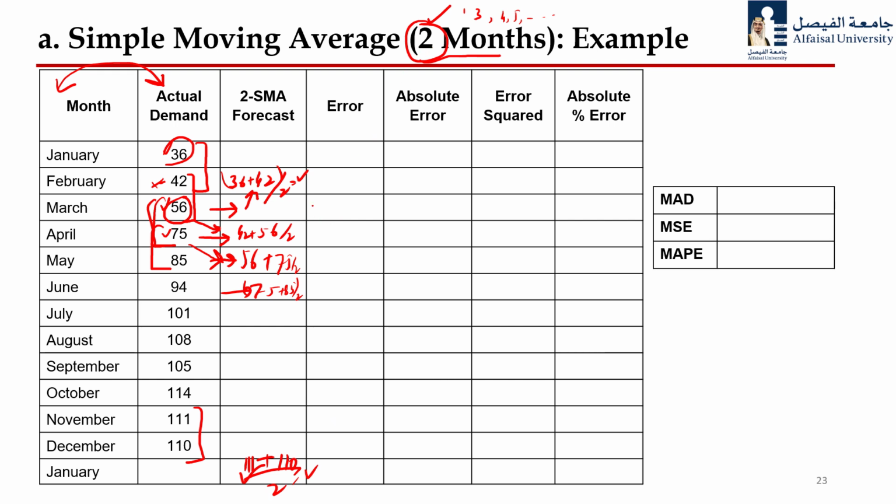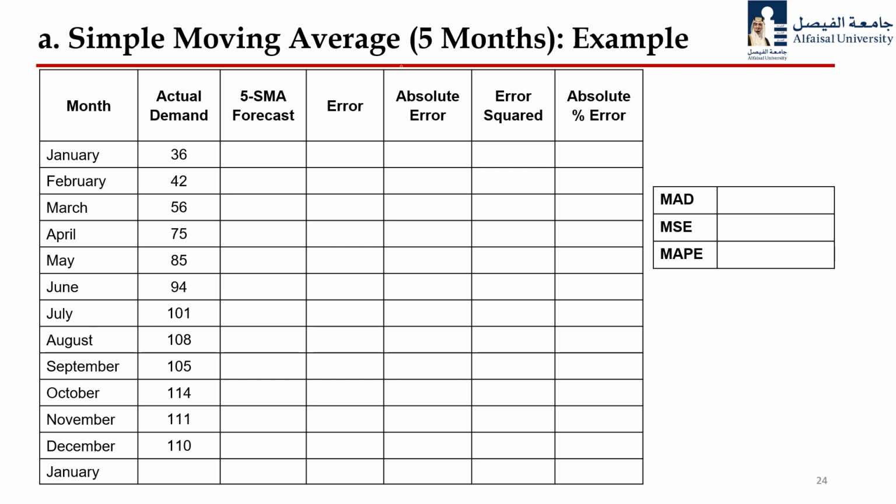So the rest of the things you already know, we have discussed in 2 or 3 videos how you can calculate the mean absolute deviation, mean square error, as well as mean absolute percentage error. So I will calculate these values once again using Excel. So first let's discuss if I would like to apply, instead of the 2 months,